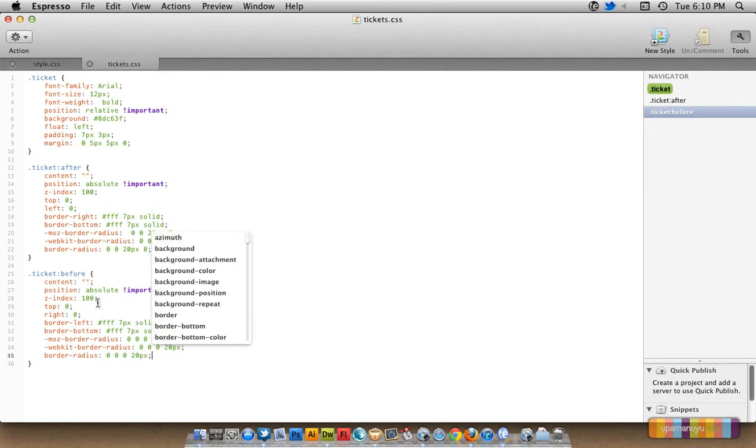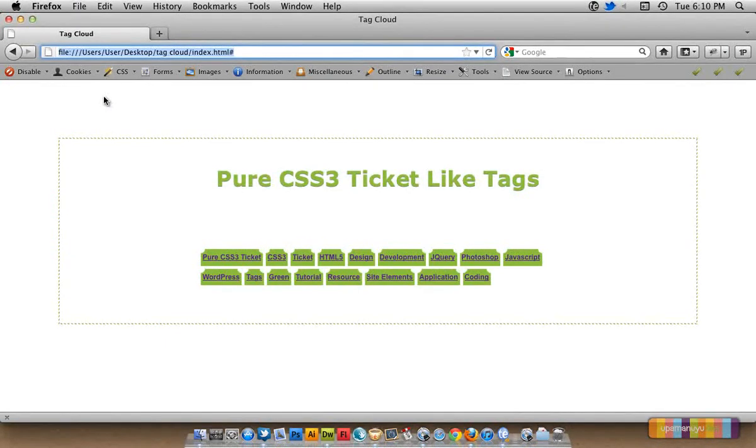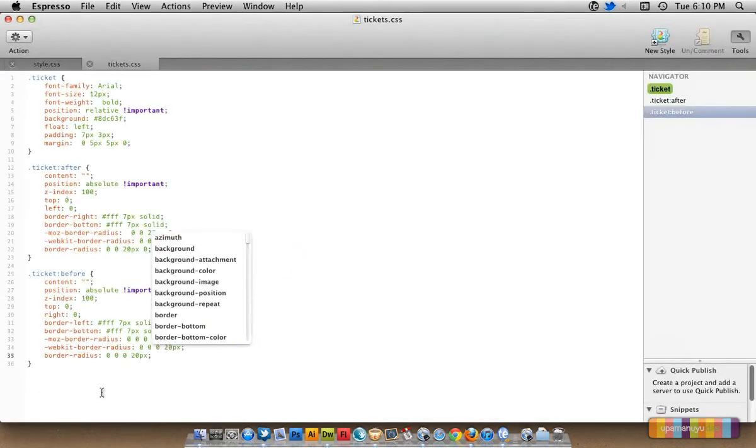Now we'll try to see what's the change. Yeah, you can clearly see that we have a nice border here in the left as well as right. Top. Okay, now let's